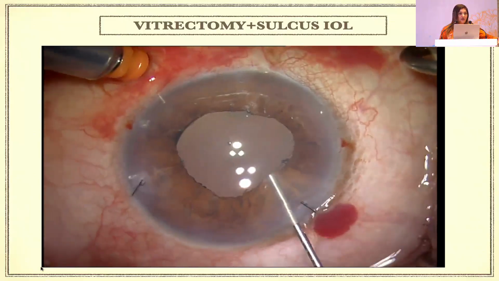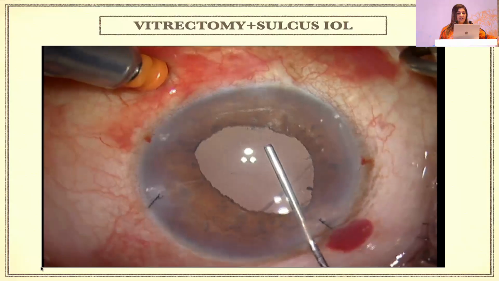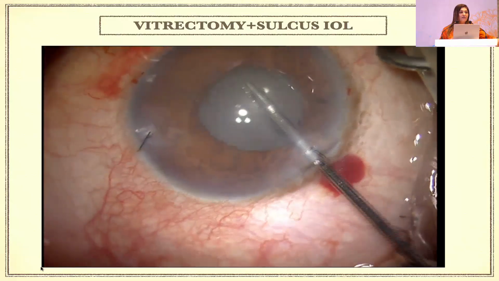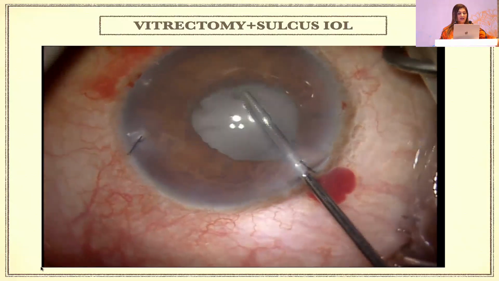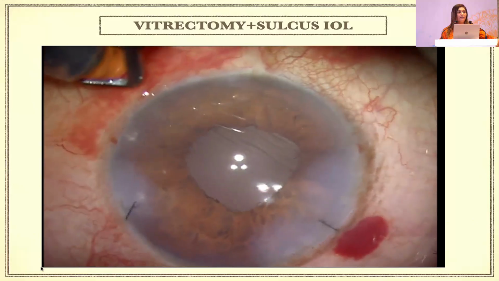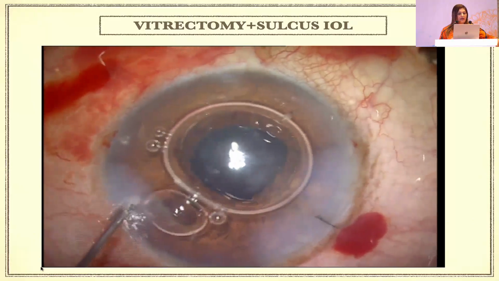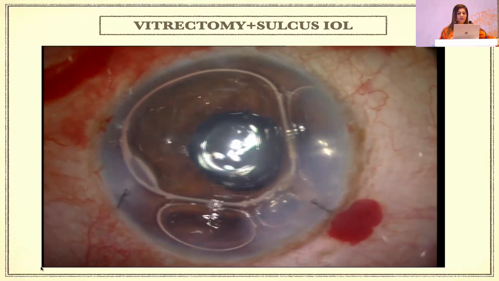Always use a triamcinolone injection, inject it inside, and just see if everything is okay, if there is no vitreous strand out there. Have a look at the pupil. I always try to have a look at the pupil because you might have an irregular shape of pupil out there, because whenever your vitrectomy is not good, your pupil will never be round at the end of the surgery, and you actually do not want to have an optic capture in the post-operative period, because then what happens is